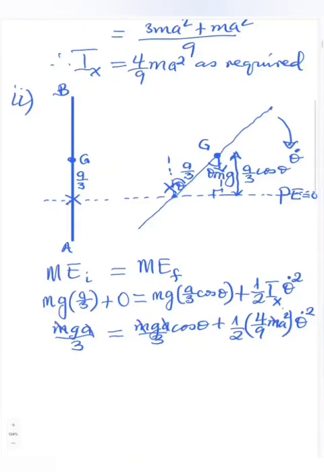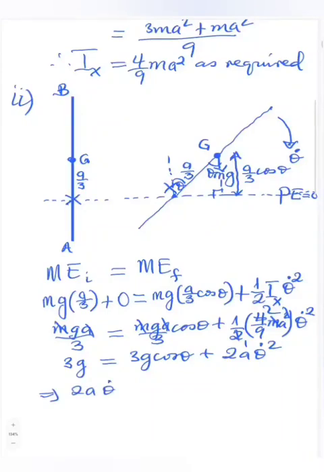Here m would cancel and the square of a would cancel, and then 2 cancels here to give 2, so that on multiplying through by 9, the LCM, we then get 3g equals 3g cos theta plus 2a theta dot squared, and from here 2a theta dot squared should be equal to 3g